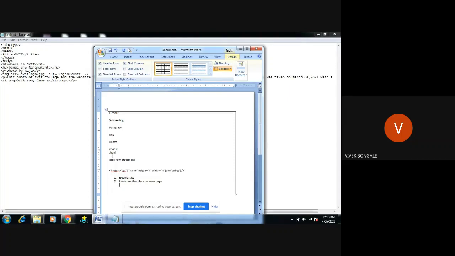Link to the same page means the same anchor tag, href, then the file name. For example, I give the file name abc.html, so we have to give abc.html, then close the tag with a name like home.